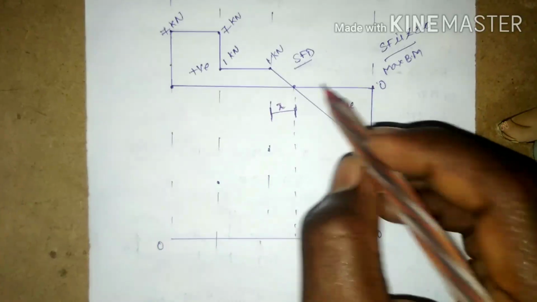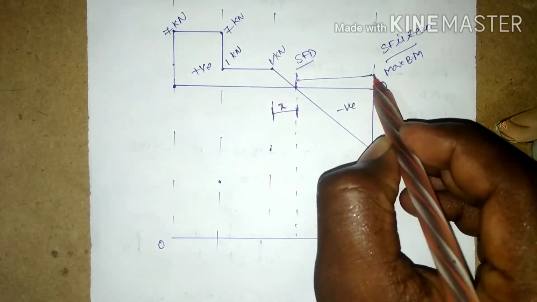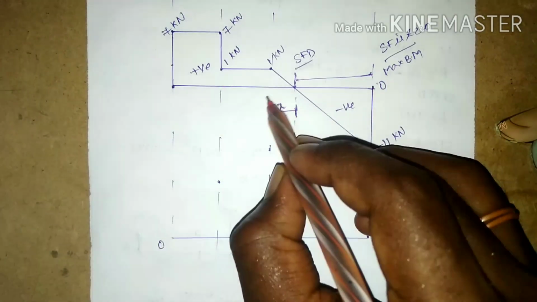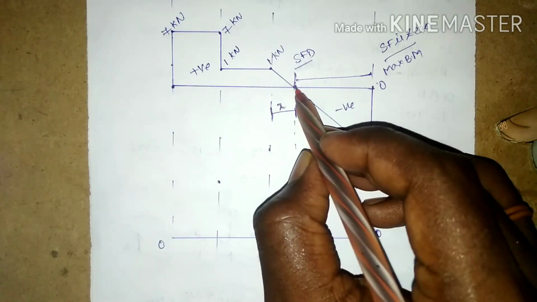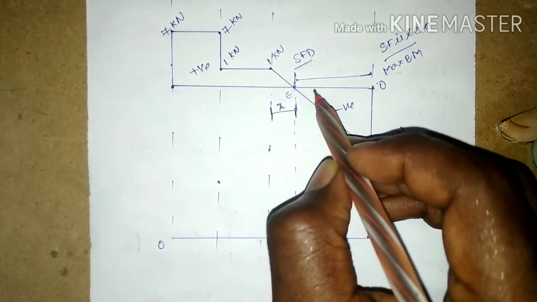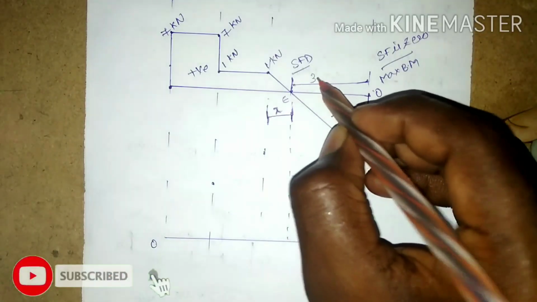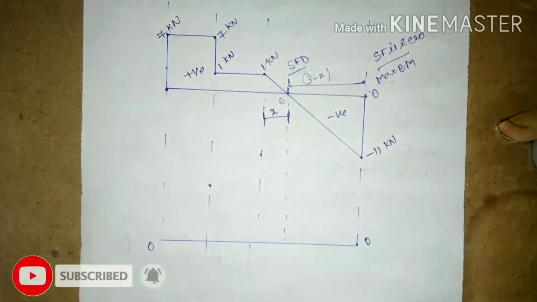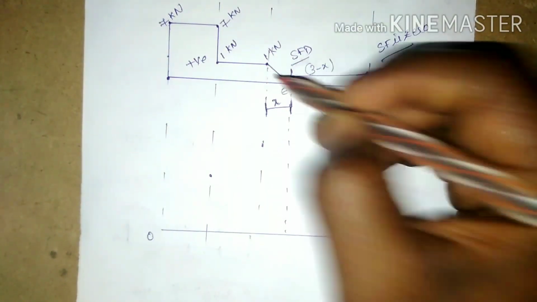and next, what will the distance from here to here be? The total distance from B to D is 3, and from D to somewhere the shear force is getting 0, let us have a point here, E, and next the remaining distance will be 3 minus x. Here we are having 3 minus x. Let us have a dotted line here itself.